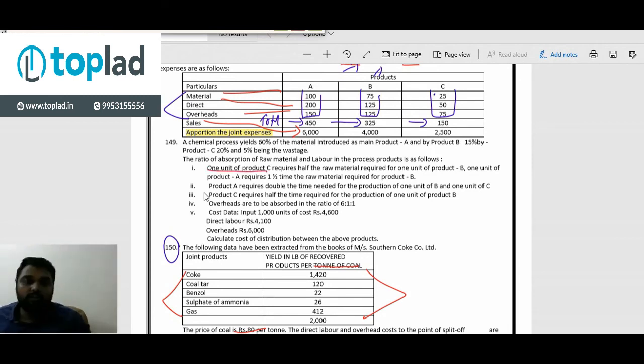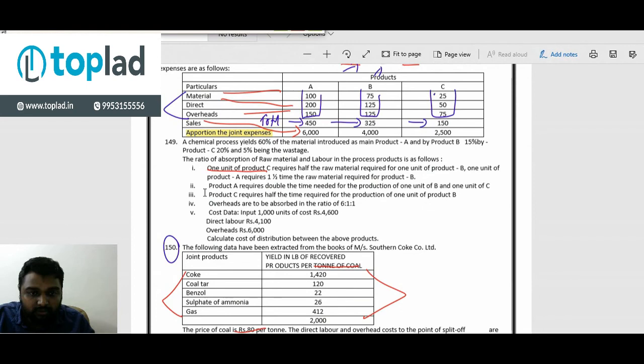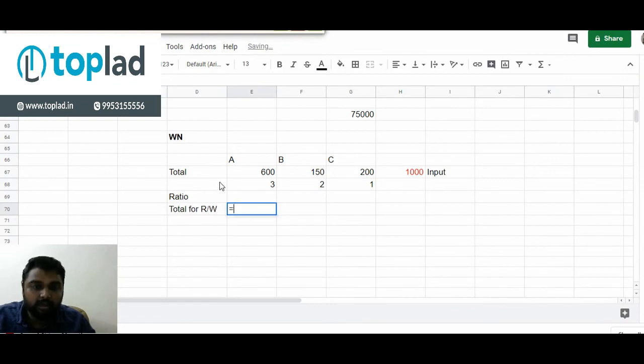So we want the total for raw material. Total for raw material will be 600 into